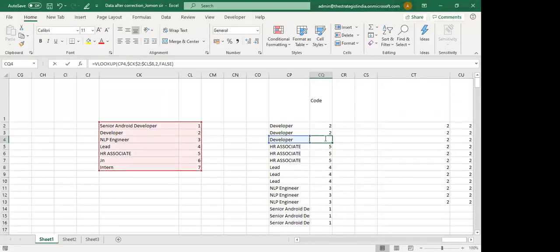So look at here. Developer code is 2. Lead code is 4. NLP engineer code is 3. Senior Android developer code is 1. You got the point? So as a second important thing, I would like to tell you